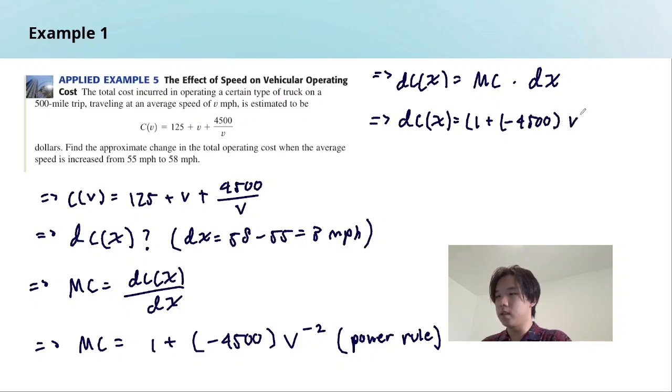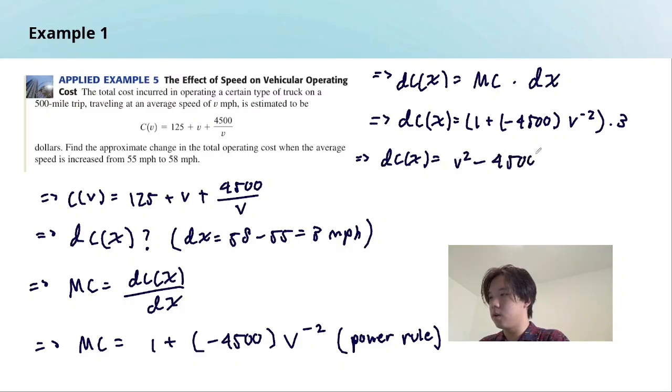Then as the dx is 3 miles per hour, we will multiply the marginal cost by 3 to find the change in total cost. So dC(x) equals, let's simplify this to (v squared minus 4,500) over v squared times 3,